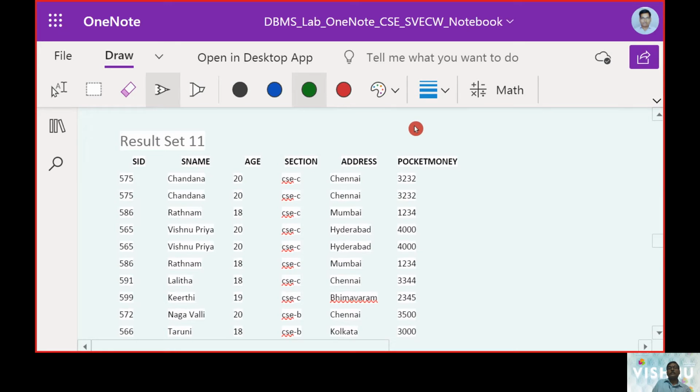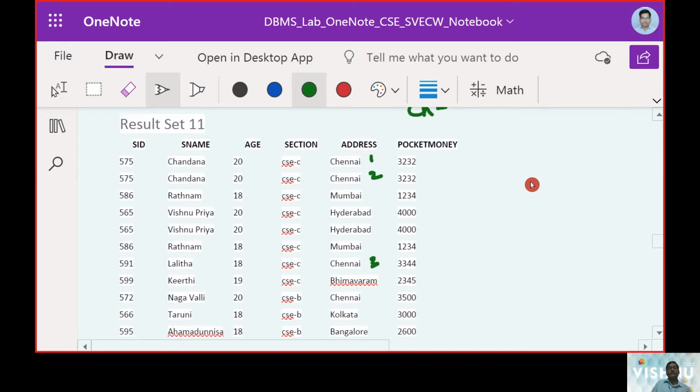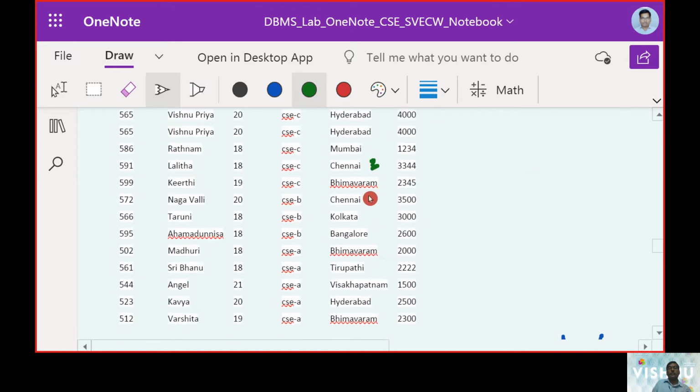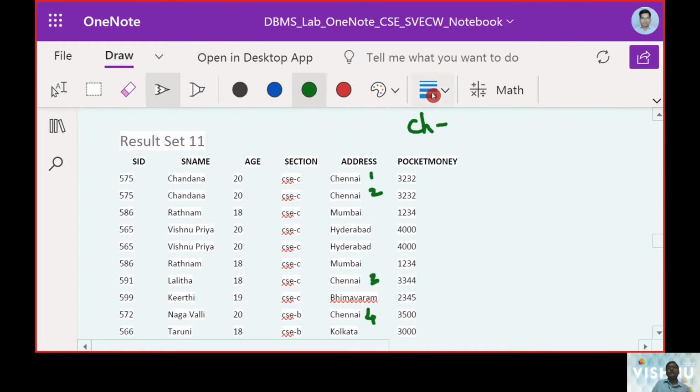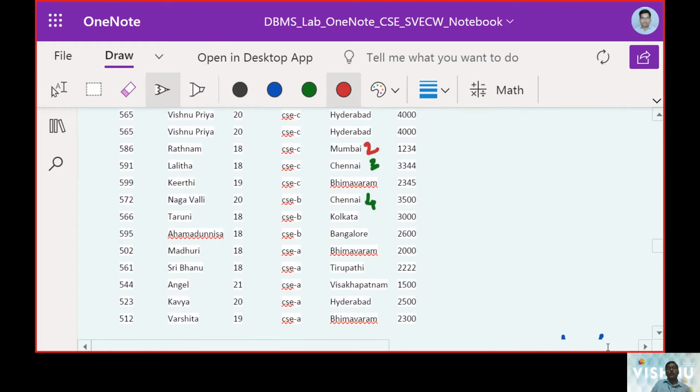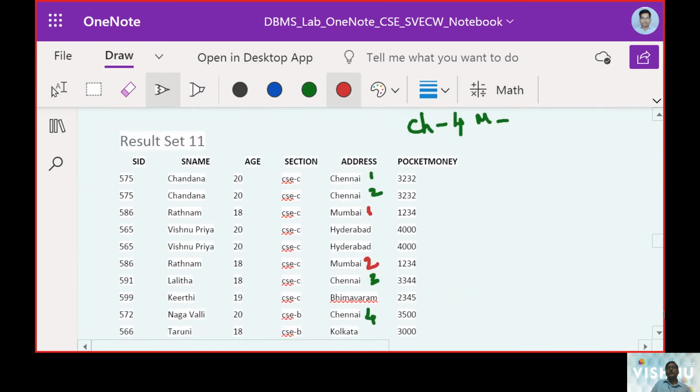So I can put here Chennai 1, 2, 3, 4 in this model. Then Mumbai 1, 2. We have 2 addresses for Mumbai.